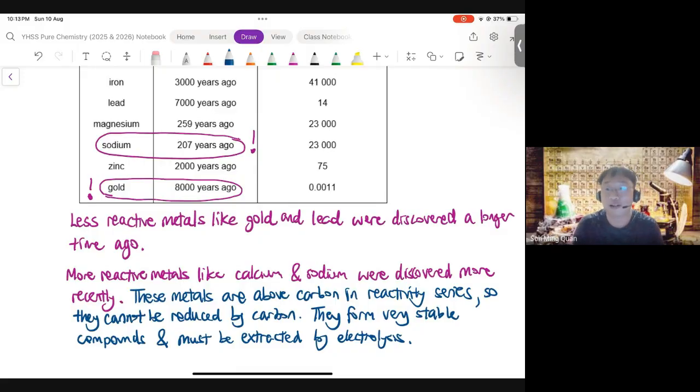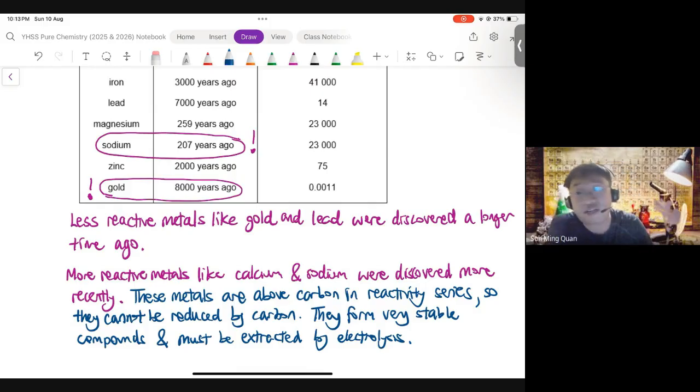Okay, so now I would like for you to take this down. It's a little bit of history, a little bit of trivia, but I think it's worth for us to know as well. Now, if you look at gold, gold was discovered a long time ago. Okay, gold has always been a very valuable metal, and it's been known to many generations of people. You might be wondering, so gold was discovered a long time ago. Gold is unreactive; it's an uncombined element. So why should gold be expensive?